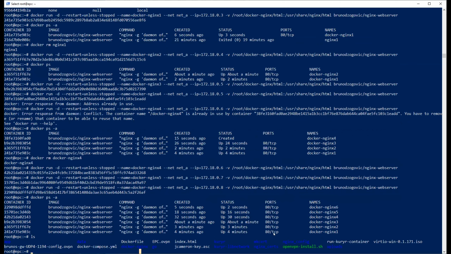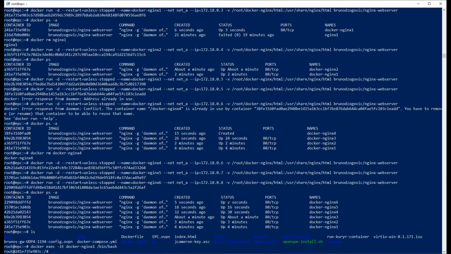So what's next? To use this configuration file we have created before for Nginx, in nginx_config, we need to run one more container that's going to be your proxy. So inside the container, in fact, there is nothing special. I will show you. So if you go inside the container, you can do it like this: docker exec -it, interactive mode, and the name of the container. Let's just go in the first one: docker exec -it nginx1 /bin/bash.